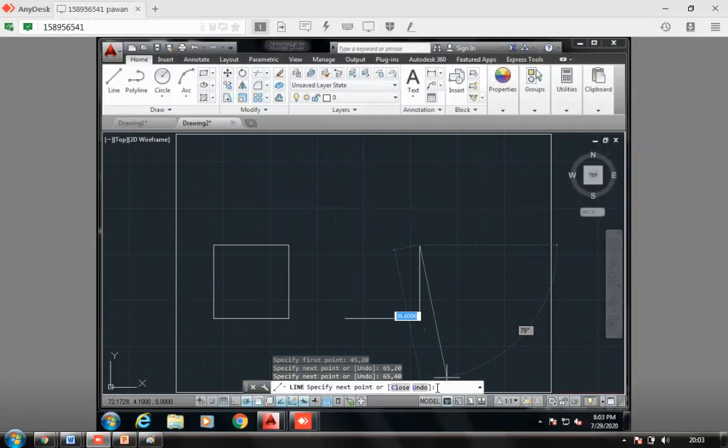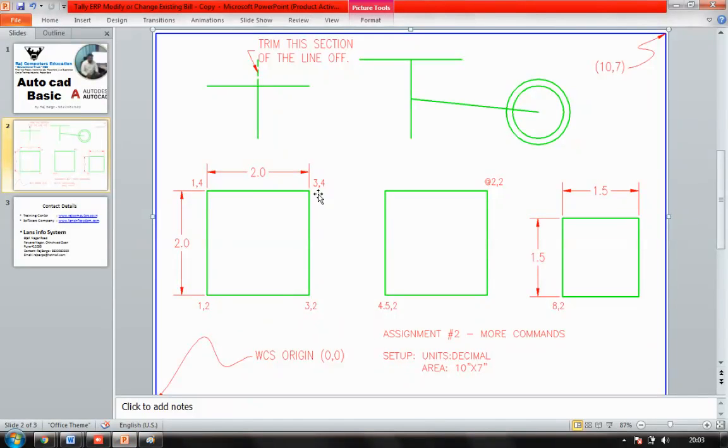It has to come to the starting point. My starting point was 45. So it is saying 45 comma 20 and 20, that is 40. So my x has come to 45 again. And to close it, I'll be saying C and it closes. So even if we are having fewer coordinates, we can refer to our previous drawing and get the values from there,